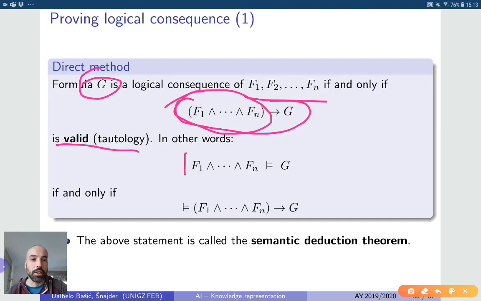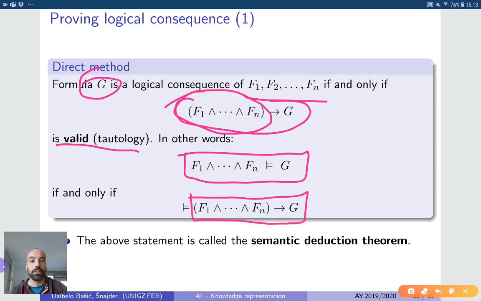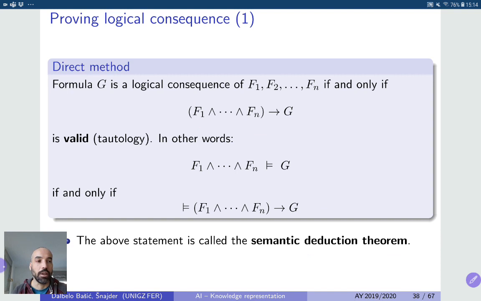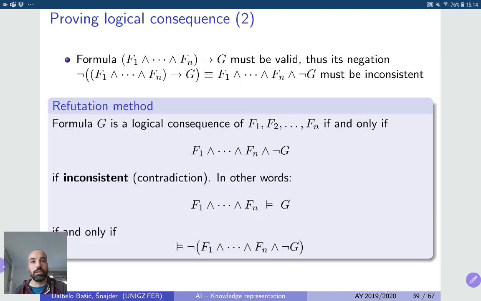So in other words, the relation of semantic consequence here holds if and only if this implication here is valid, or true for all interpretations. The relation between the definition of a logical consequence and the validity of the corresponding implication is called the semantic deduction theorem. Okay. So that's one way then to prove things, to construct this implication here and show that it's a valid formula. The alternative is to